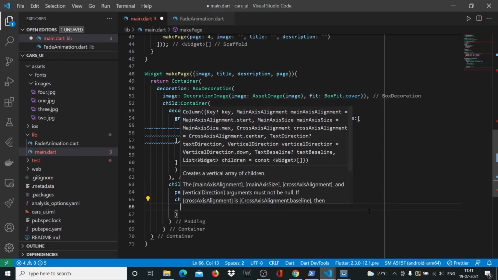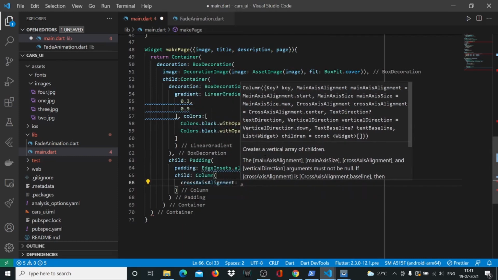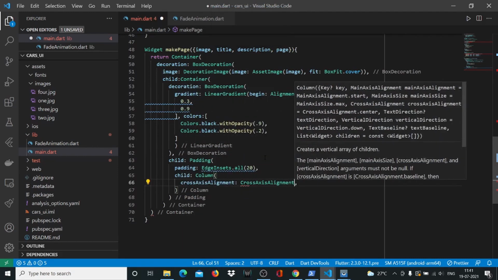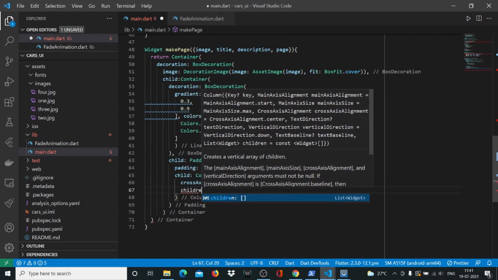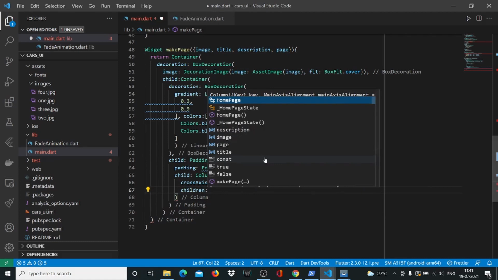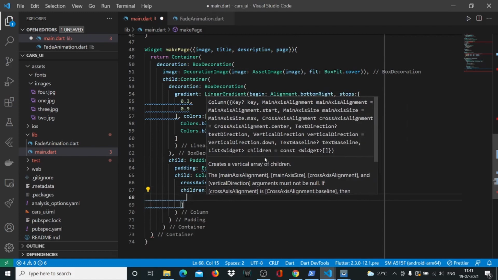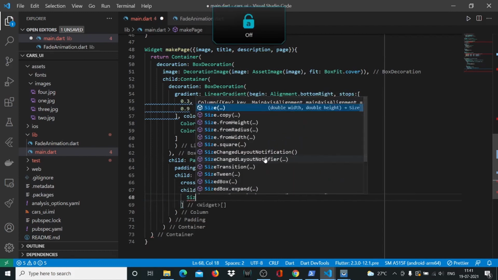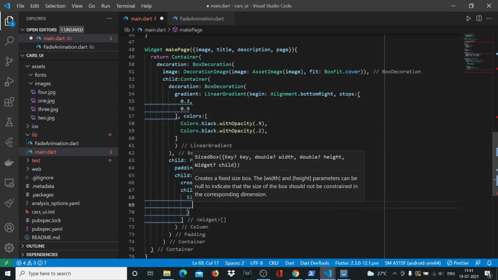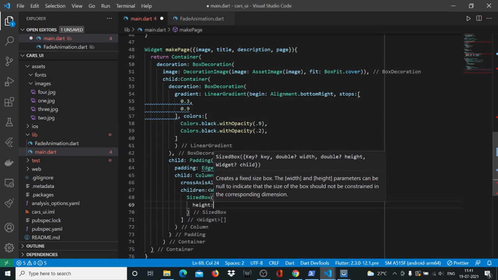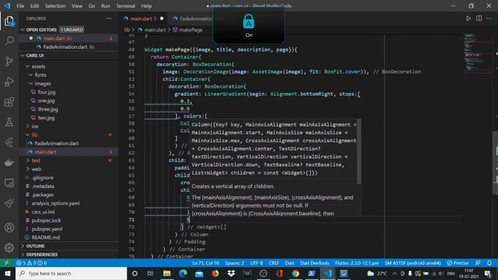and column. Inside column we'll have cross axis alignment dot start, we will have children, and whenever we have children we have these angle brackets, and children has multiple widgets. So the first child is a sized box, which is just a space of height 40, and the other child is a row,